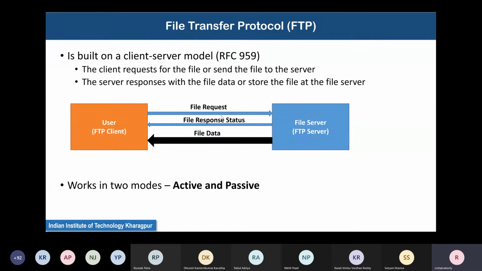These two blue arrows imply that commands or responses are being exchanged between the client and the server. And the black arrow is the actual file data that is coming from the server to the client. So these two are separated. It is not that they have been shown using separate arrows just to make things clear. It is actually separated also in FTP, as we will see very soon.